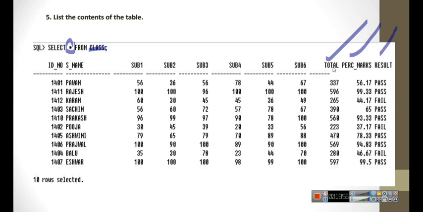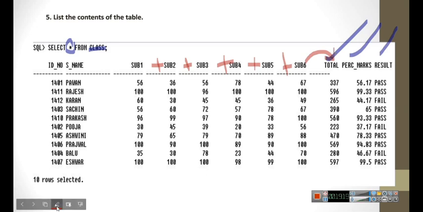So for this total we added subject 1 plus subject 2 plus subject 3 plus subject 4 plus subject 5 plus subject 6. We added this, added all the subject, we got total.